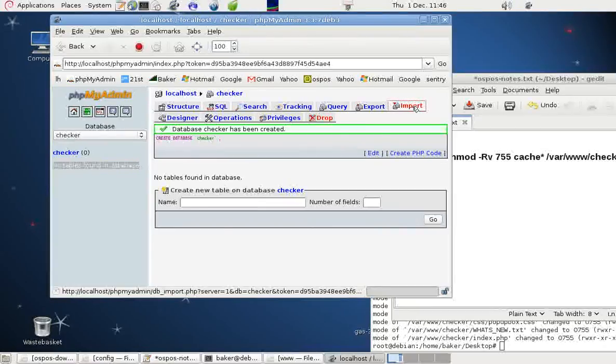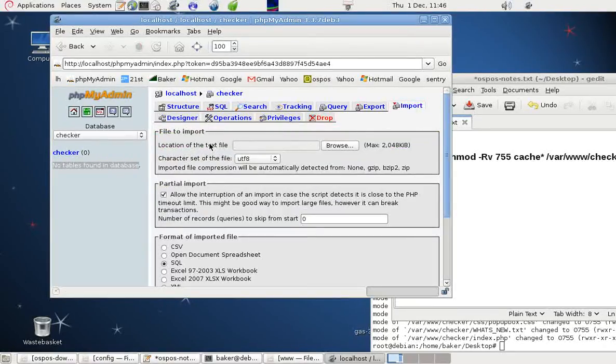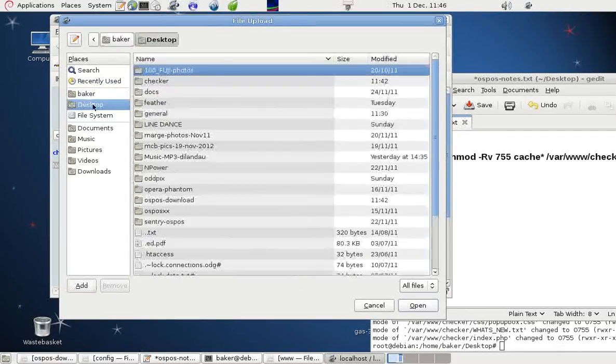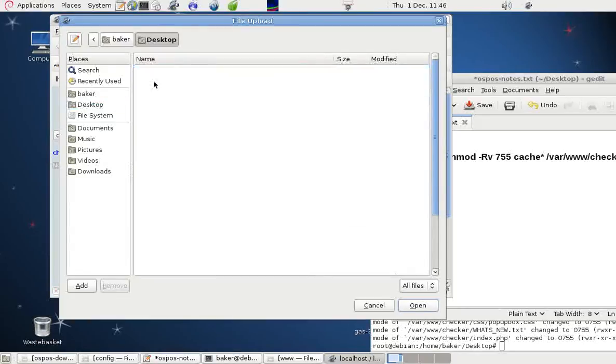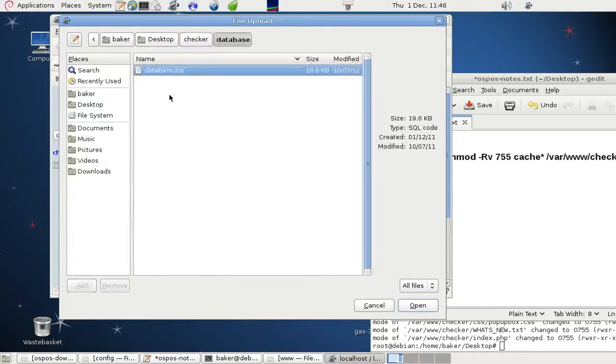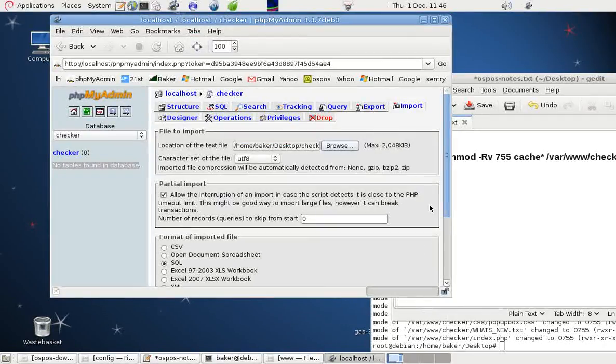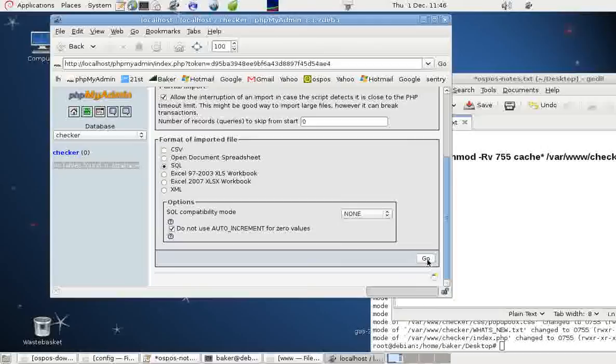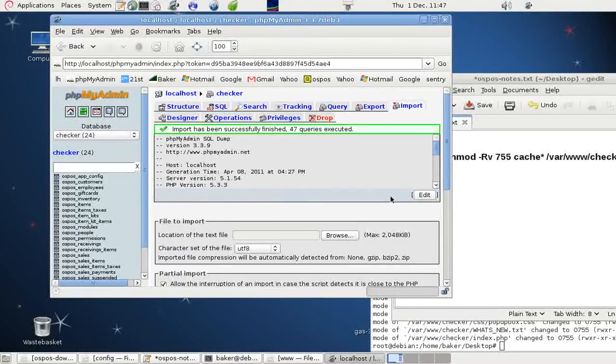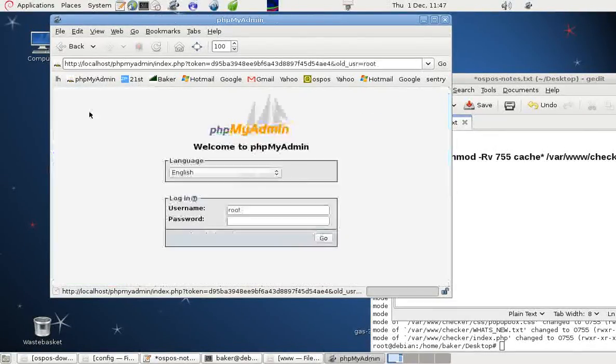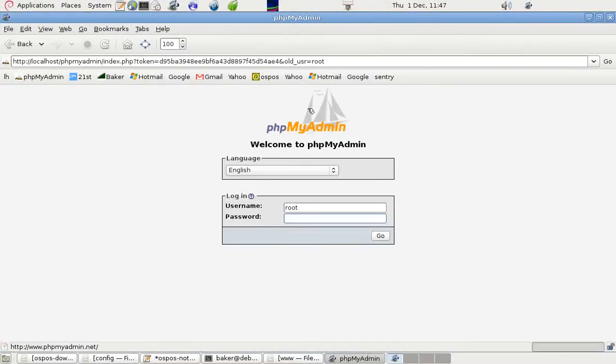I'm going to click on import, and in the location of the text file I'll click on browse, go to the desktop. I'm looking for checker, database and database.sql. Click on open, and then down here at the bottom I click on go, and it tells me that 47 queries have been executed. I can now exit from there, and if I blow this up to full size so it's easier to see,